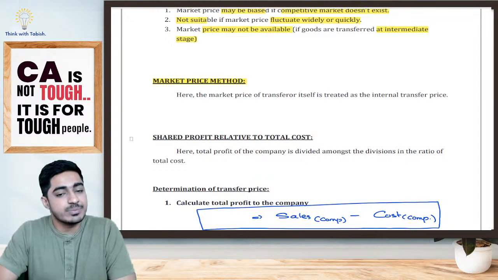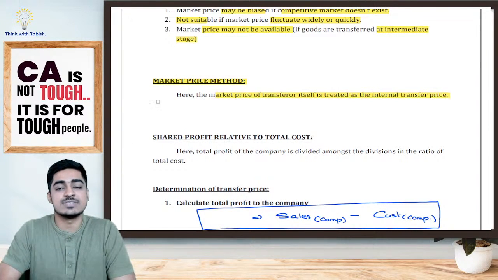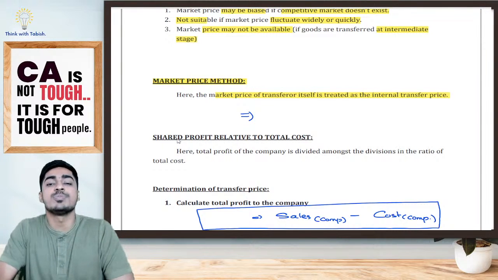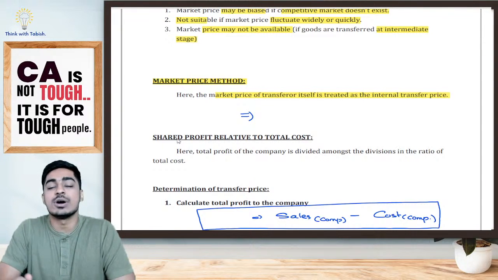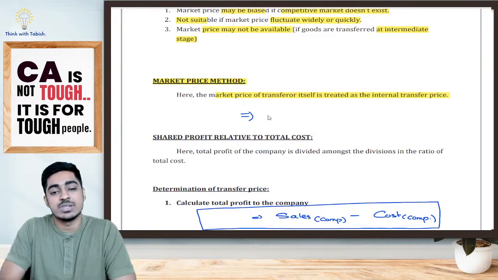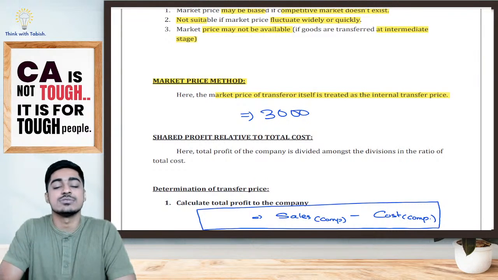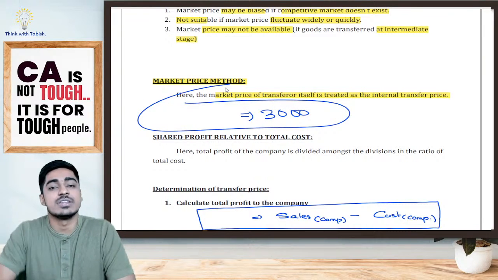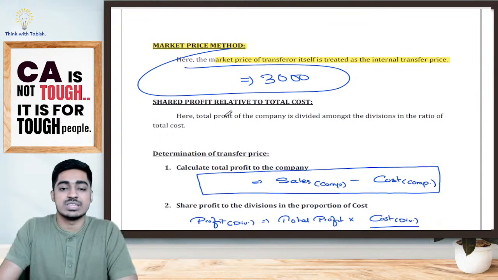Firstly, we have the market price method. Here, the market price of transfer itself will be treated as the market price. So we'll ask Android at what price you are giving it to others, to MI, Huawei, all those companies, at what price you are transferring. MI is telling I'm transferring at 3000. We'll tell internally also you transfer at 3000. End of the discussion. The next two methods which we have is